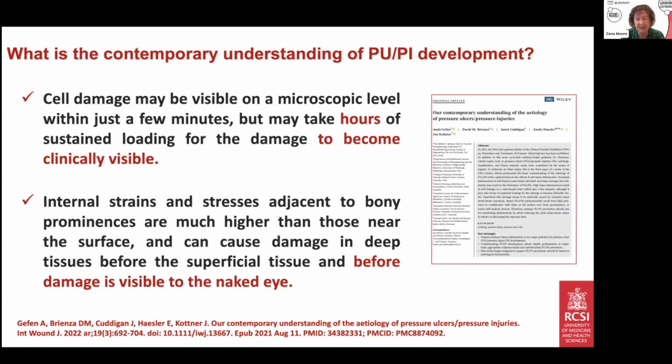And the key thing is that the cell damage may be visible on a microscopic level within just a few minutes, but it actually may take hours of sustained loading for the damage to become clinically visible. So if you were able to detect in me really quickly that I'm showing changes microscopically that indicate that I'm not tolerating the pressure and shear, and you were able to do something about that, that would be really useful to us. And it's important for us to remember as well that internal strains and stresses adjacent to the bony prominences are much higher than those near the surface. But of course you and I can't see them because this is much, much deeper. And these can cause damage in the deeper tissue before the superficial tissue, and crucially, before the damage is visible